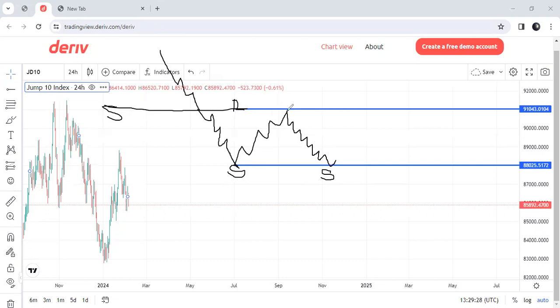Now, while we wait for the break of structure, let's say you start analyzing here on, let's say, the weekly time frame, you realize that here you have your break of structure. You go to the daily time frame, you notice that you still have that break of structure. There's nothing that you see here. You go to the 4-hour time frame, you notice there's nothing as well. You go to 3-hour, there's nothing there. You go to 2-hour, there's nothing there. You go to 1 hour, you get a potential continuation pattern.